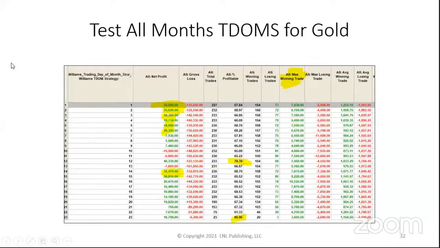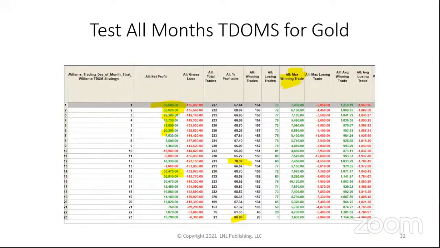So all trading days, trading for the last 20 years in gold, the best trading day in terms of dollars has been buying gold on the first trading day of the month, has made $56,000. Accuracy is not great at 67%. Where is this testing done? Inside TradeStation. Yes, this is the app you got at the TradeStation store, and then you can run it on any stock, any commodity.